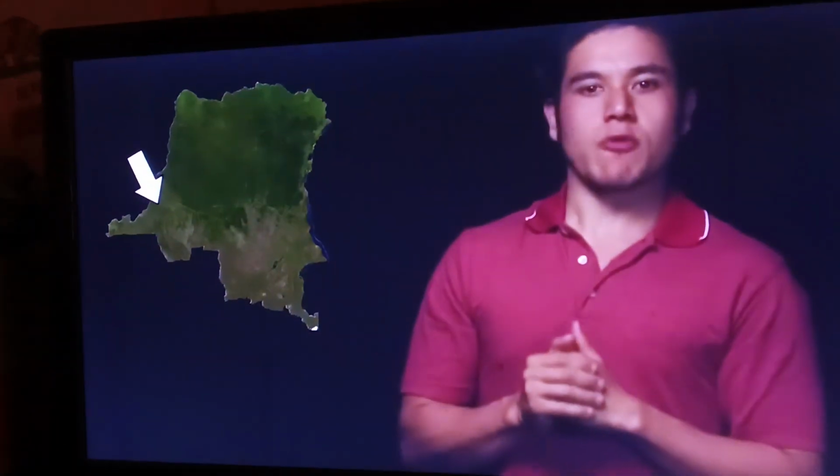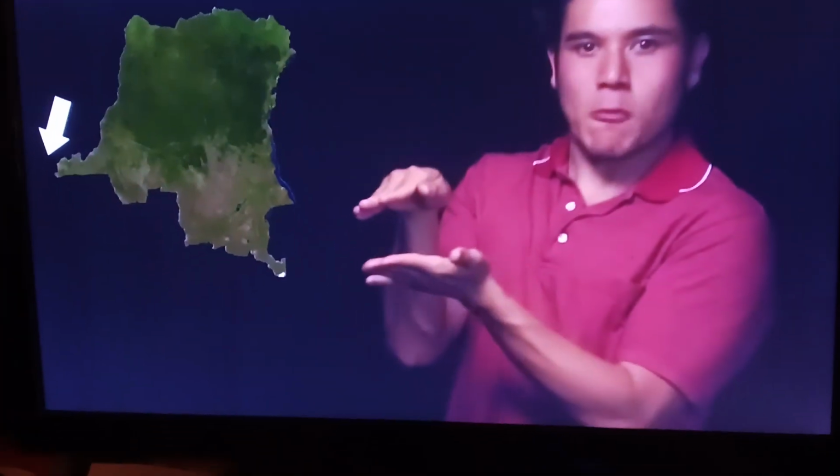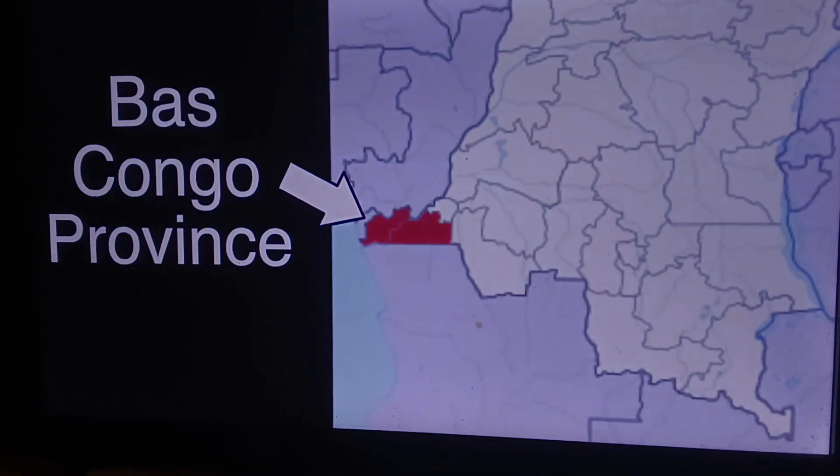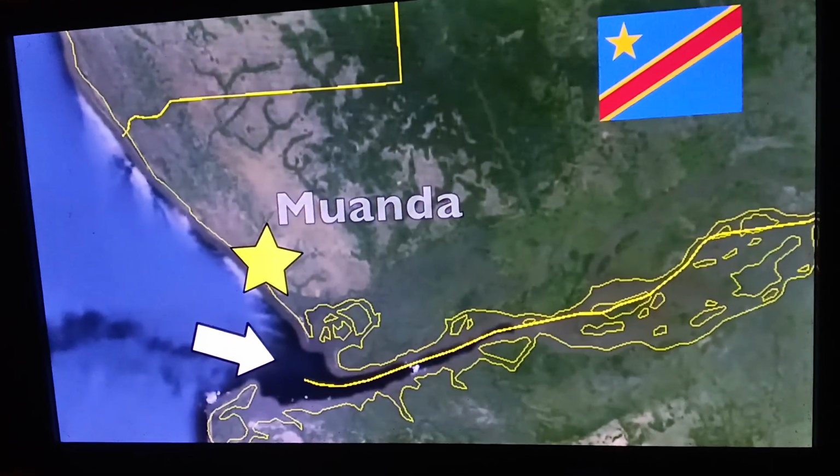When you look at the DRC's borders, you'll notice that the further west you go, the land kind of funnels into this incredibly narrow panhandle known as the Bakongo province. This area just barely touches the Atlantic Ocean with a 32-kilometer wide coast and the town of Muanda that extends all the way to the seaport of Banana. That's right, they named the seaport Banana. However, don't let Banana fool you.